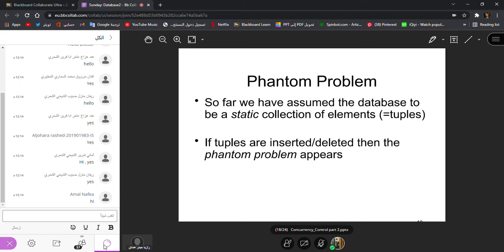But the phantom problem appears if we are also inserting and deleting rows. If we are only reading the data, or only updating the data, I mean only changing the values of the variables, then the phantom problem will not occur. But if you are deleting or inserting new rows in the table, then the phantom problem will occur.